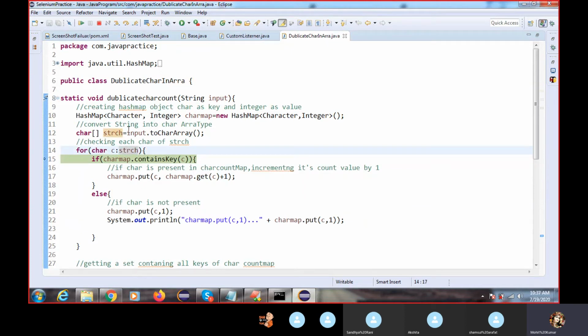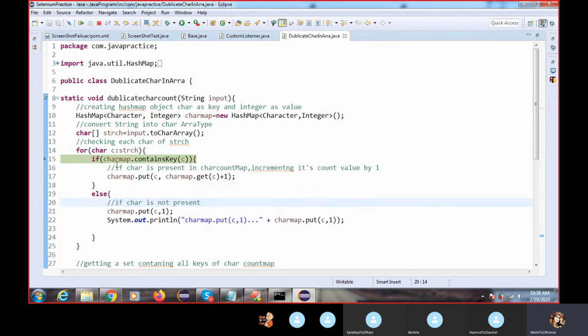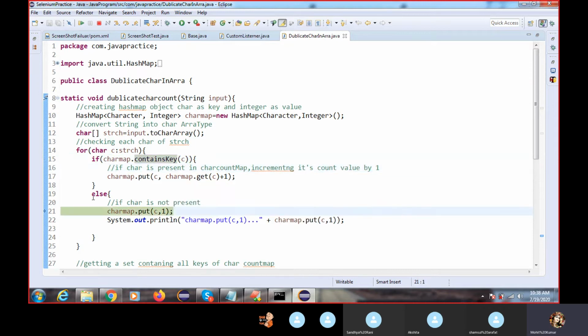So for loop, what value are we getting here? This is your for each loop. Here we have the first j, meaning the first iteration. In this first iteration, it will check whether it is available or not. I'm not going to discuss this because it is implemented on the hash code, so you will not understand much more.